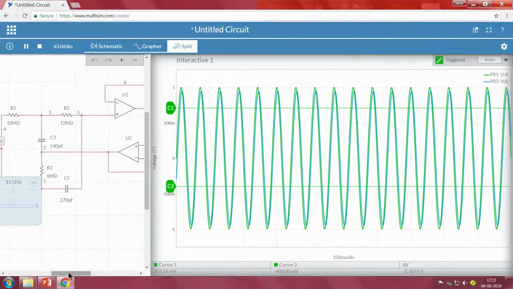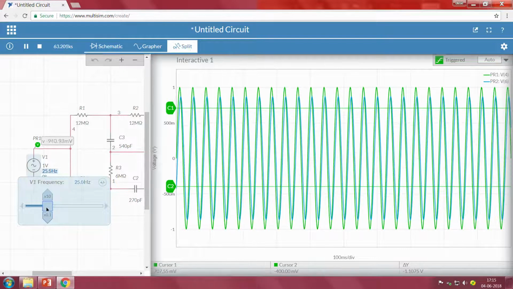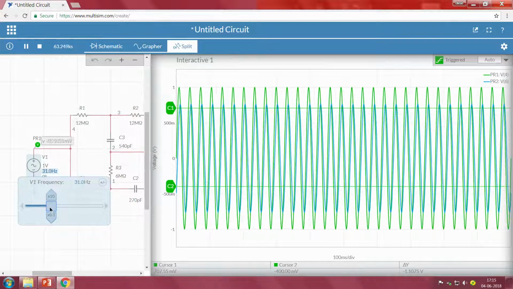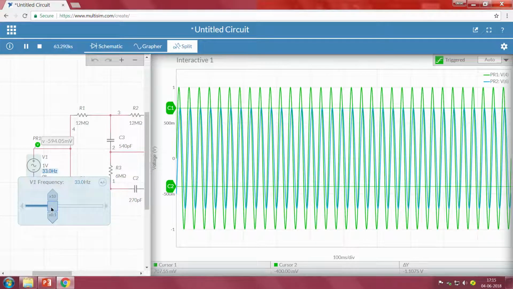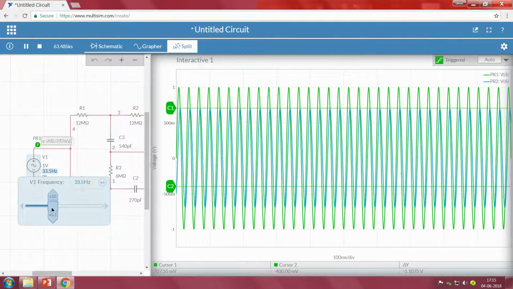Now, we will slowly change once again: 17, 25, 26, 30, 33. At this particular frequency, somewhere around 34, somewhere around 33.5, if you observe, it is very close to our C1.